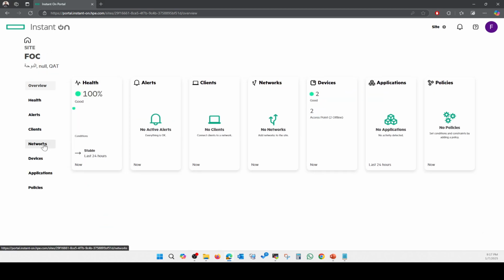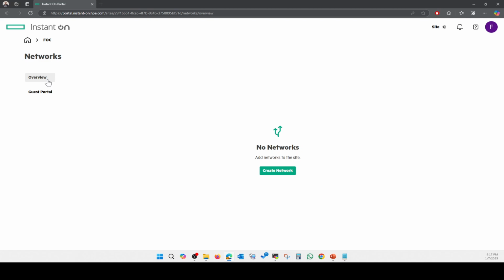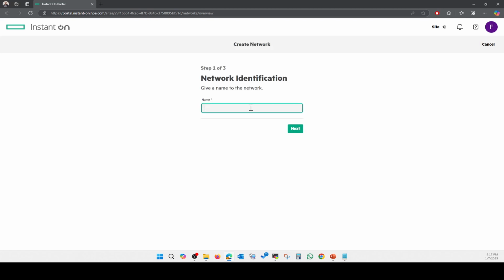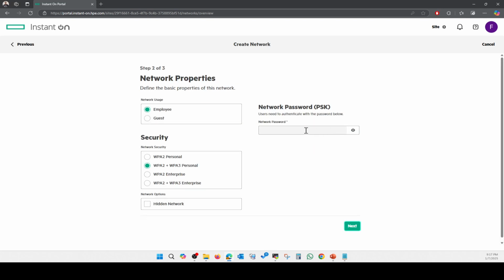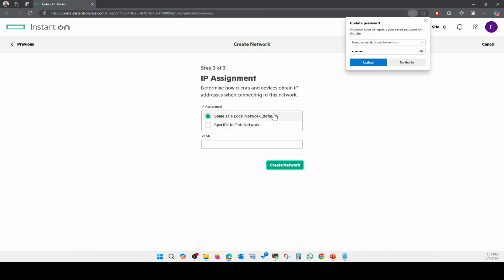So now we need to configure our network, the network through which clients can connect. The first is EMP110, this is my SSID name, and the password I'm going to configure is 129. Just make it simple. I will use the same as local network. This is the default option. If you go with this option, this will act like a NAT mode. Whatever IP you specify here, the client will get this IP, but at the end it will translate to your